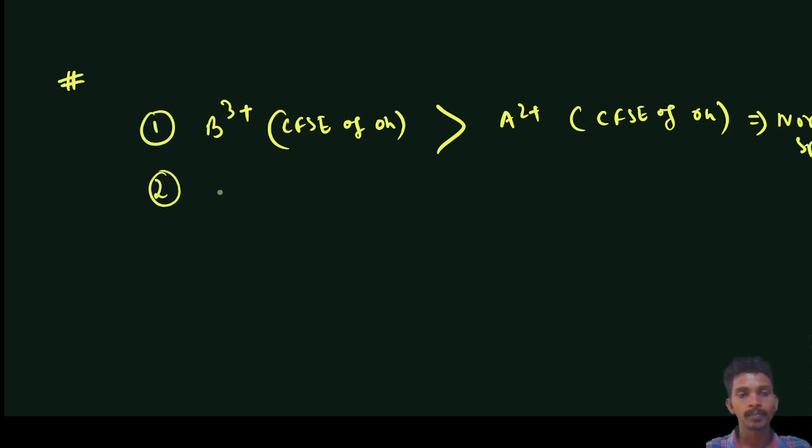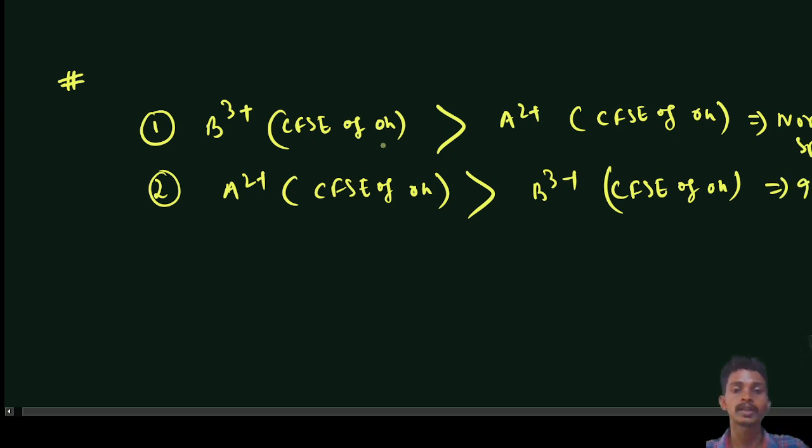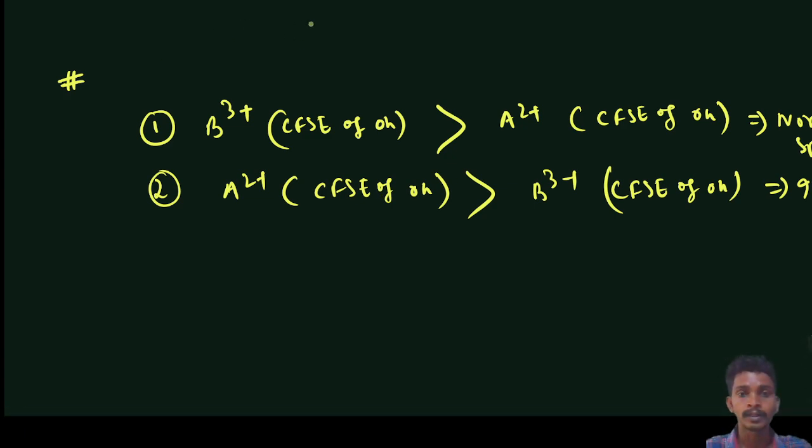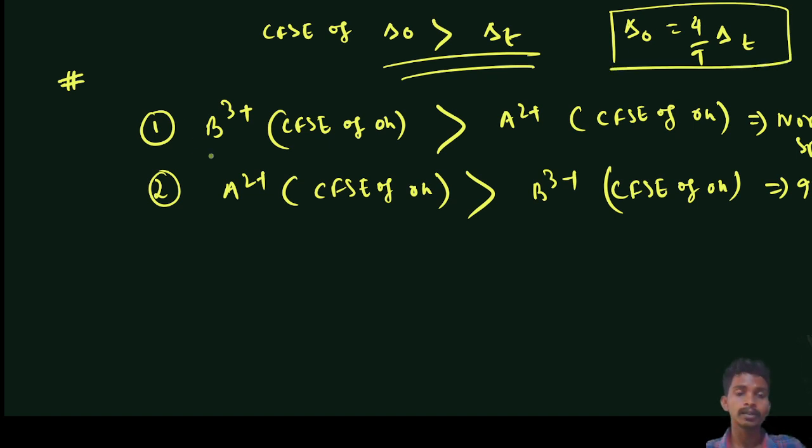And second point, if the A2+ CFSE of octahedral is greater than the B3+ CFSE of octahedral, then it comes to the inverse spinels. So why am I talking only about the CFSE of octahedral, not the tetrahedral case? Because the CFSE of octahedral, that is delta naught, is always greater than delta T. Why? Because we know that delta T is equal to 4 upon 9 delta naught. Okay, so this delta naught is very high compared to delta T, so we will check only for